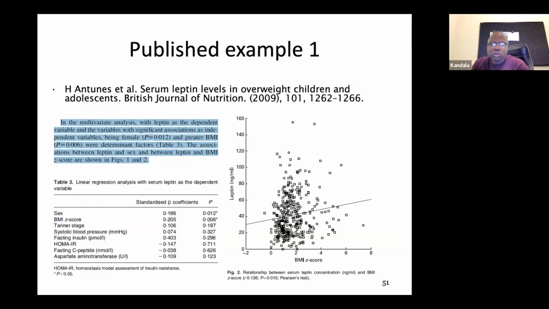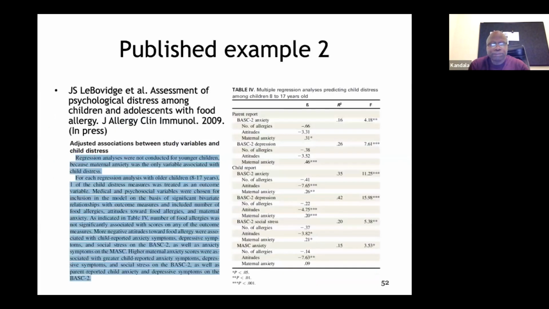You don't need to report all the tests and so on. And this is very important in terms of good reporting in a published journal, because we are confronted by space and by the amount of text to be published in a paper. Also a combination of table and graph is very, very important in terms of how to report regression analysis in a published paper.